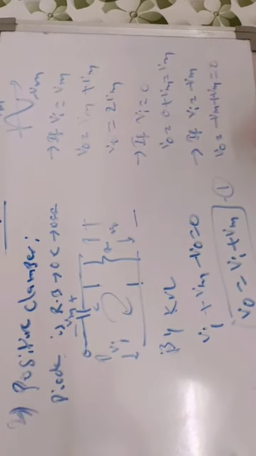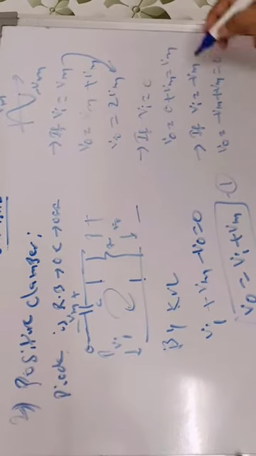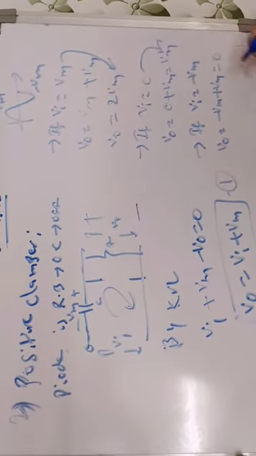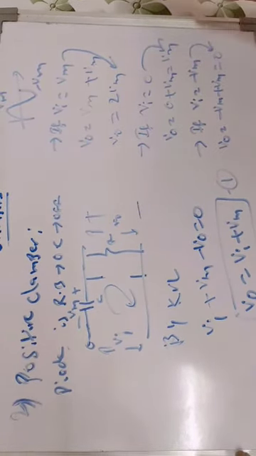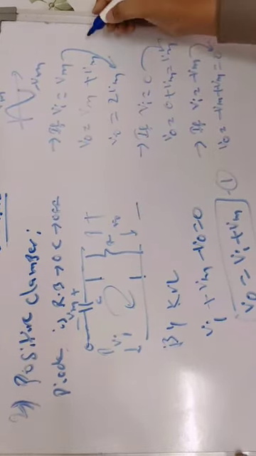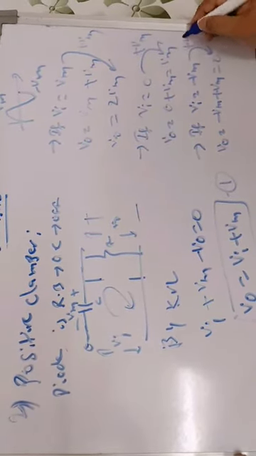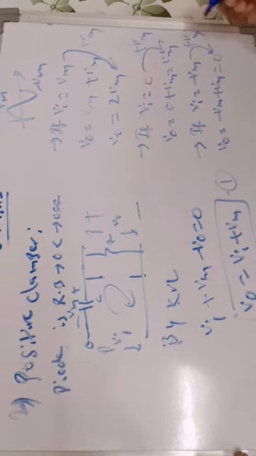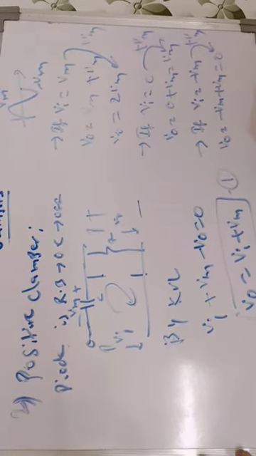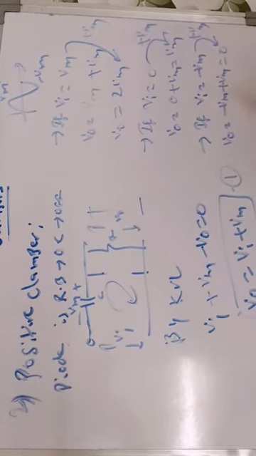If you observe all three cases, when the input is Vm, the output is 2 Vm. When the input is 0, the output is Vm. When the input is minus Vm, the output becomes 0. That is, the amount of DC level shift is plus Vm in all the cases. For each instant we have considered, the DC shift is plus Vm. That is why it is called a positive clamper, in which the amount of DC shift is positive.